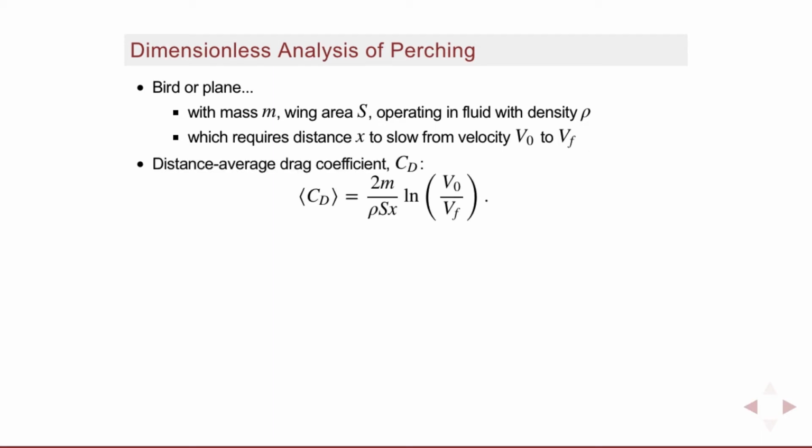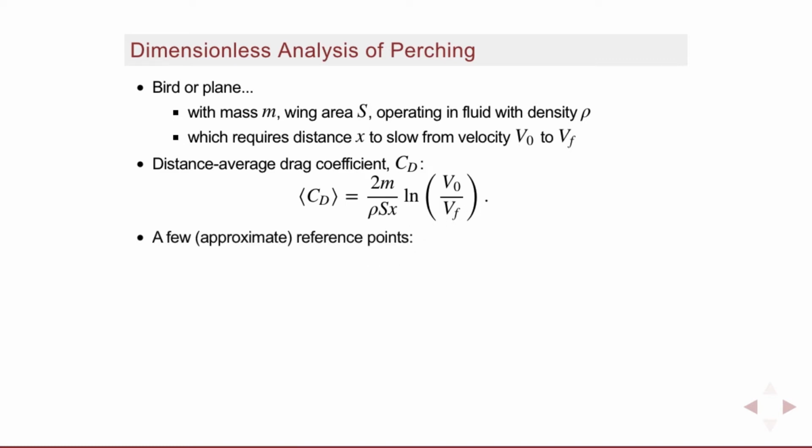So the dimensionless number that's a more fair comparison of very different scale systems is the dimensionless drag coefficient. This is a dimensionless measure of how much braking force you're achieving. We decided to average over distance as opposed to average over time, because that actually gives the advantage to the planes. It's harder for us to get a good score averaging over distance. And the distance average drag coefficient, if you care, turns out to be something like this.